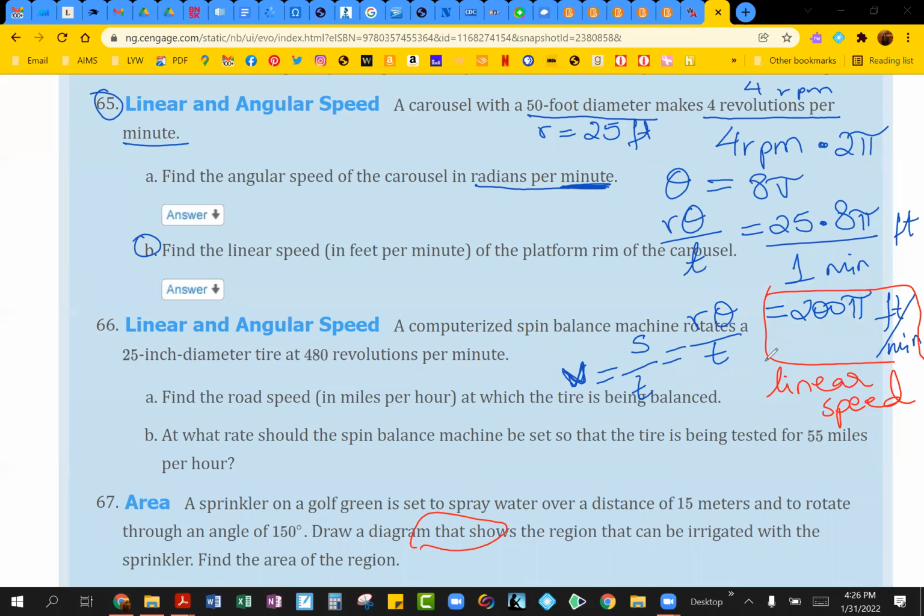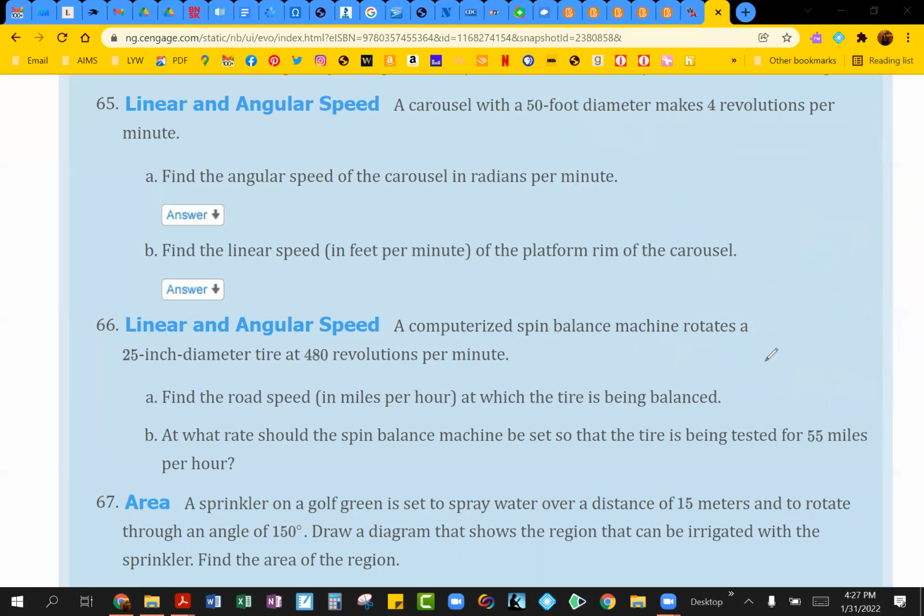So literally just take the RPMs, multiply by 2 pi because you're going in a full circle. That's why you keep that central angle at 2 pi. The RPMs tell you how many times around the circle you are going, then multiply with the radius, and you have your arc length, and arc length divided by time gives you your linear speed. I'm going to save this and then clear my screen since we'll need to look at the angular speed over here. So now for the angular speed,